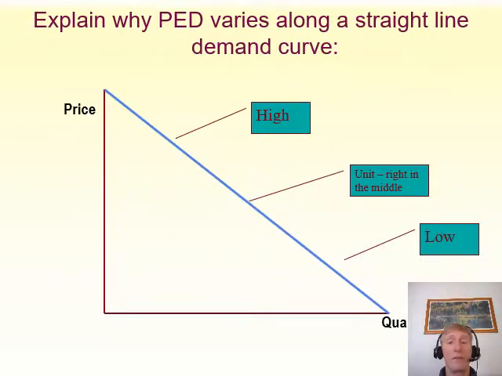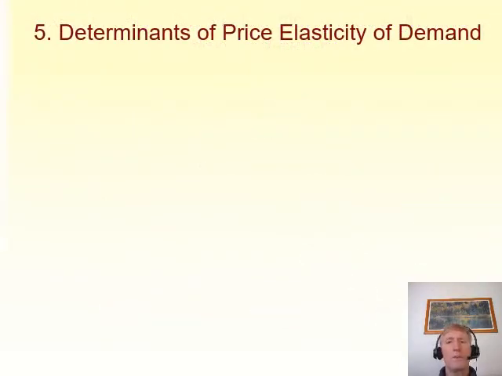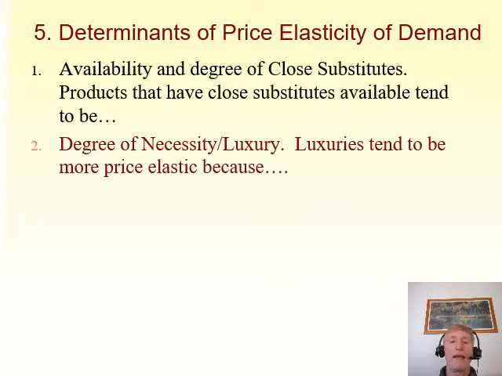So that's every demand curve. That's this. Now, what determines different elasticities for products? As you've already been thinking, I'm sure that if there's a lot of substitutes that are close, and therefore people can actually easily respond to changes in price by switching to the other product, that's where you're going to get high price elasticity. And whether or not it's a luxury or a necessity, so that if it is a luxury